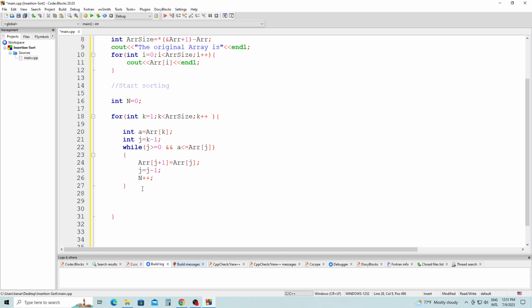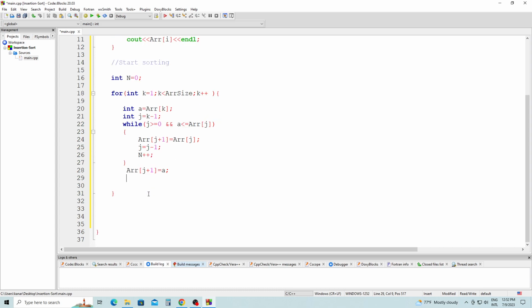and right after we have array at j plus 1 equals a, semicolon, and right now we can type cout, the sorted array is equal to, end of line, semicolon,